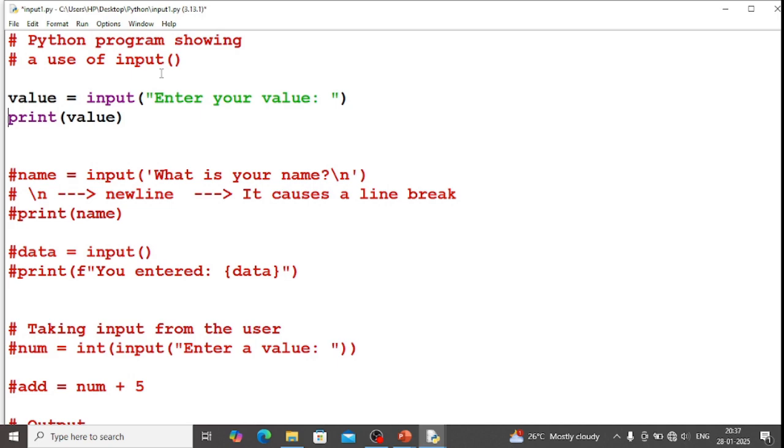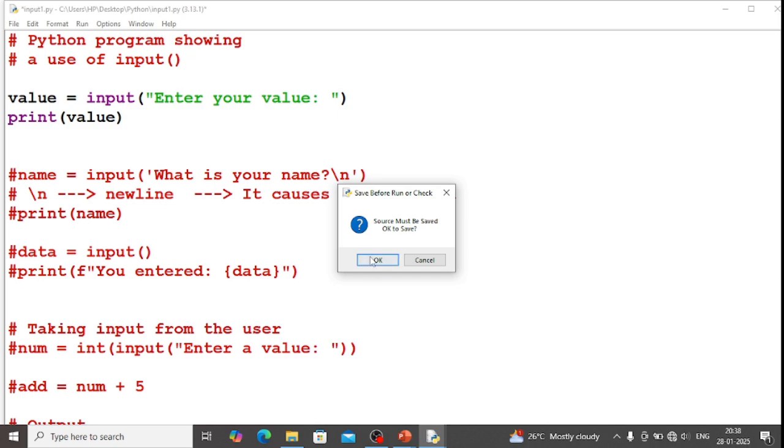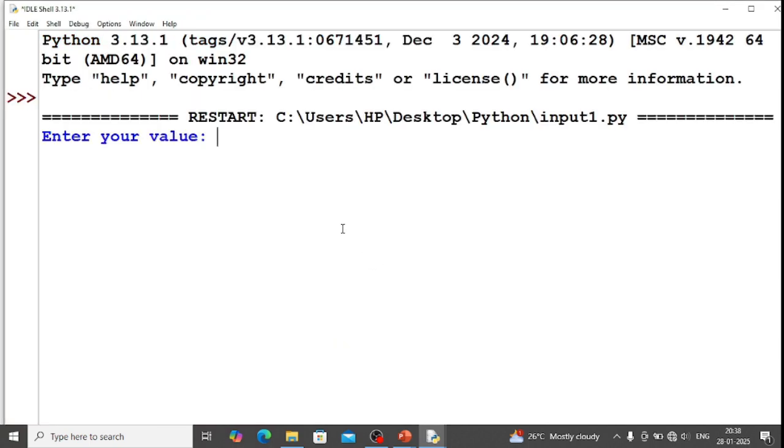Coming to here, a single input from the user: the value here is input, that is, enter the value, and then print the value. Now run. Before running, it has to be saved. Now enter the value. If you enter the value 12,